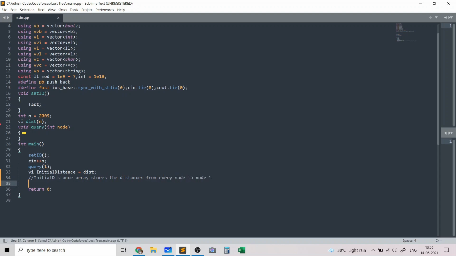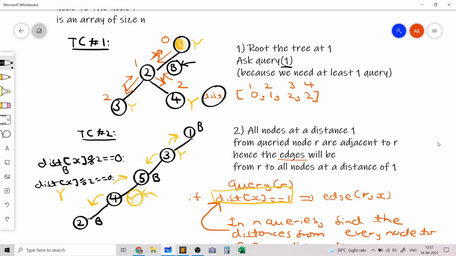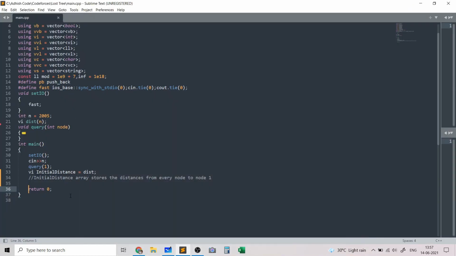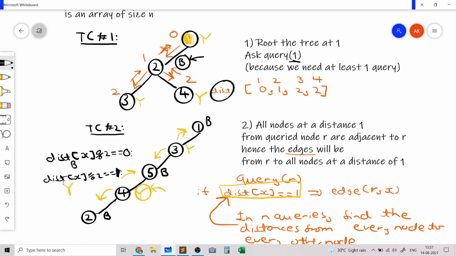And the reason why we need this is to form the partitions which I told you, which is basically the distance for each node. If it's even, it forms the set 1, and if it's odd, it forms the yellow set. So that's why I need the initial distances array. And now I'll basically check the two sets.